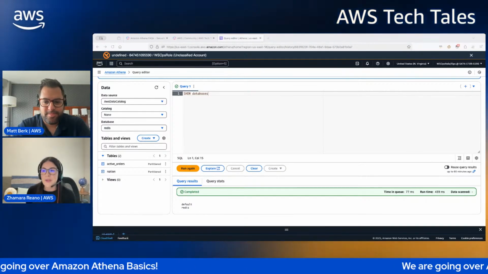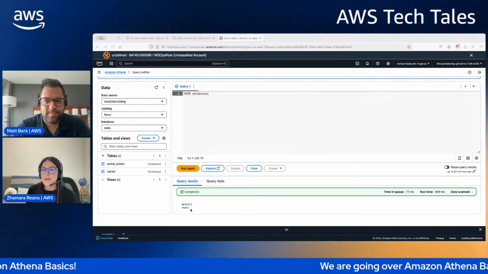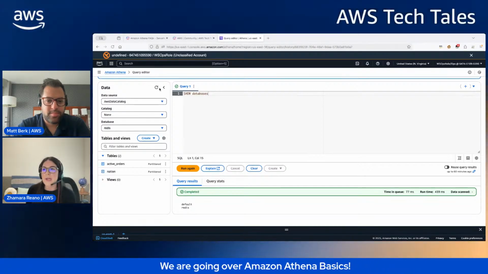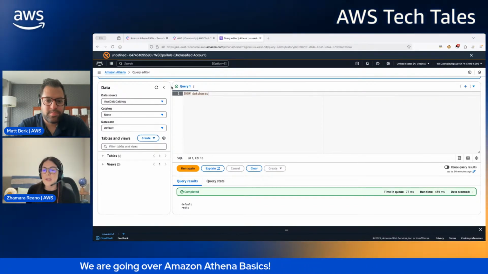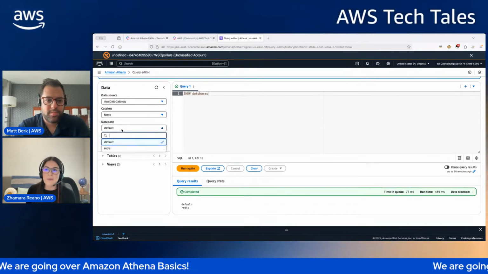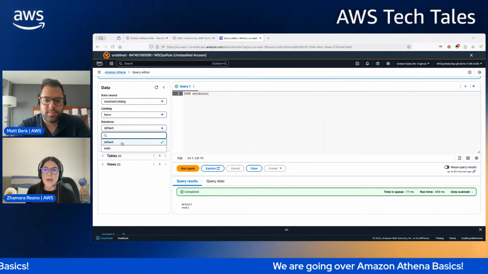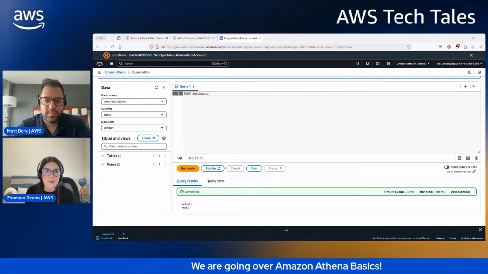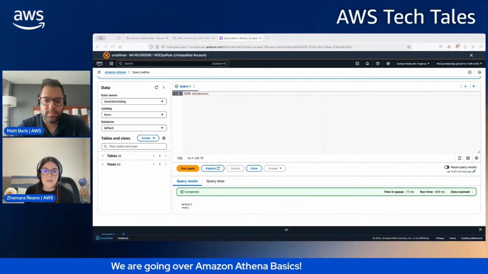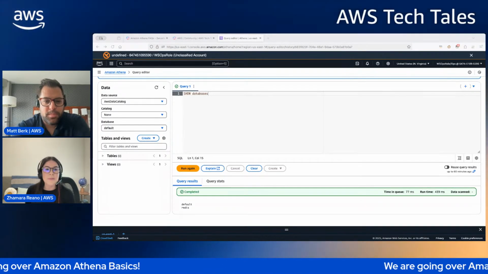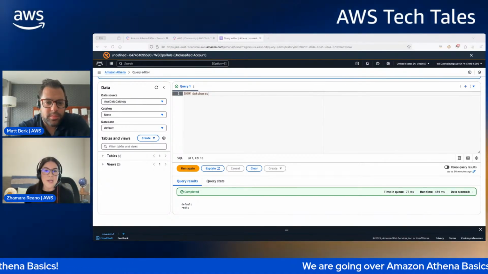Cool. All right. So after it completed and found these two databases, I'm going to hit refresh. And now we see we're automatically populating the default as well as the Redis. So I want to go ahead and use the default. All right. And now what I want to do is start creating some